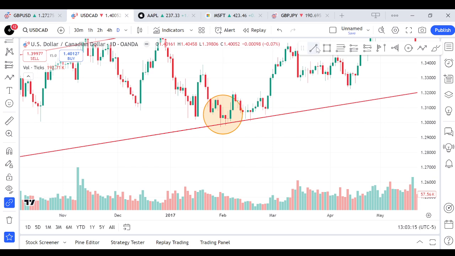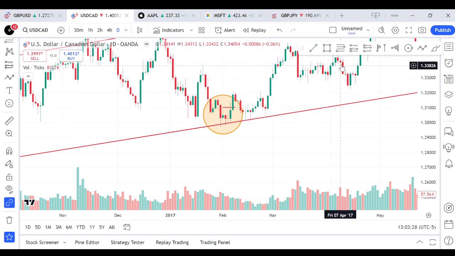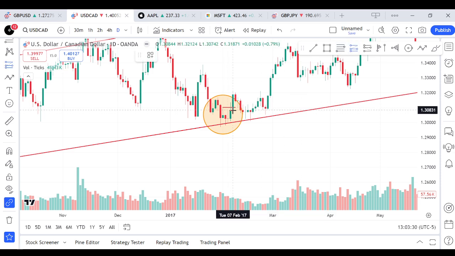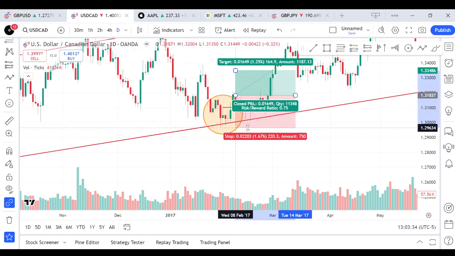So you should actually wait for a candle close above the high of that bullish shooting star candle. Whenever the candle closes above it, it's an indication that we should be looking to buy. So here the candle finally closed above it, and you set your stop loss below the shooting star candlestick pattern,